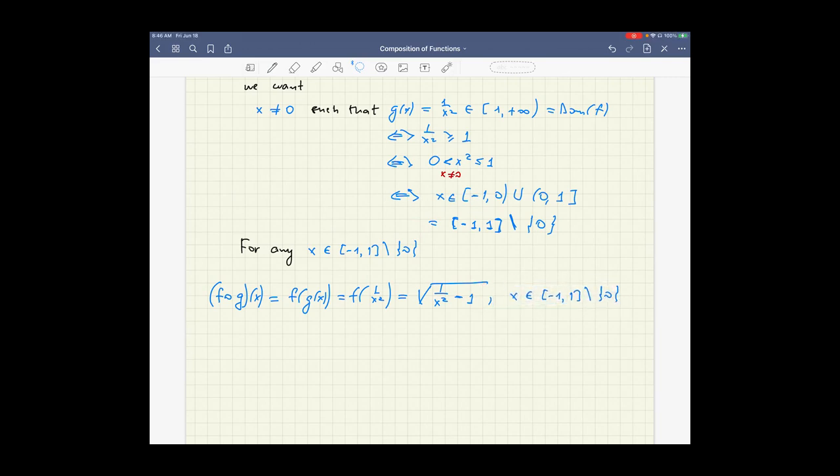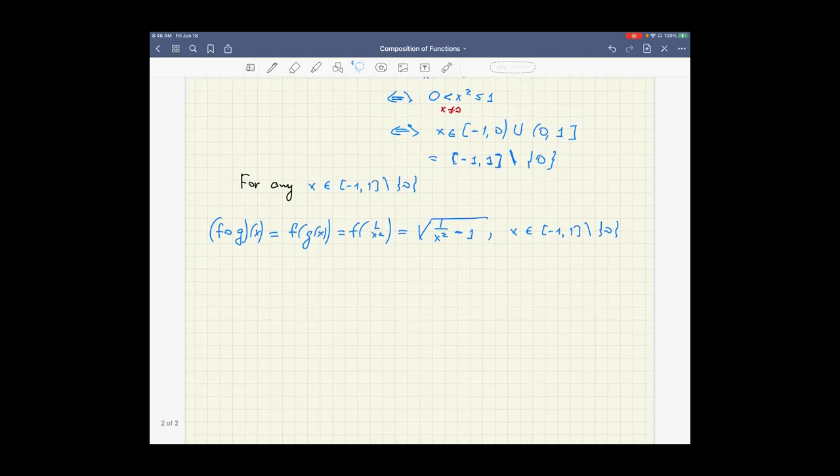Now, let's compose g with f. So do the same process in the opposite order. For the composition of g with f, we look for x in the domain of f. We want to determine the domain of g composed with f, so we look for all those x's in the domain of f, which is the interval [1, infinity),